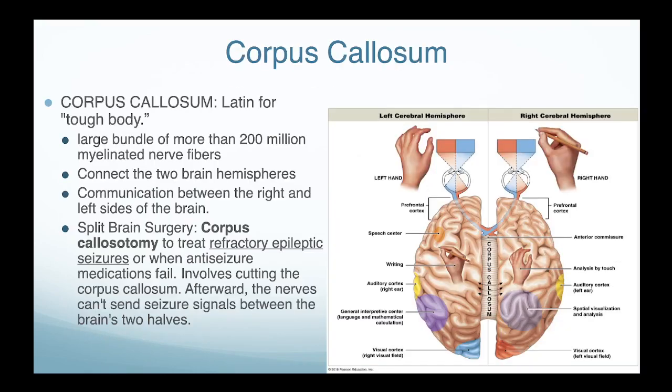As we talked about earlier, the corpus callosum is a big bundle of nerves that connects both brain hemispheres. It can be cut in a surgical procedure called a corpus callosotomy, treating refractory epileptic seizures. We already talked about that. Very fascinating cases that you can read about on your own. Not exactly something we're going to talk about for your midterm or final exam, but if you look at the split brain phenomenon, that's what you see as a result of the corpus callosotomy,